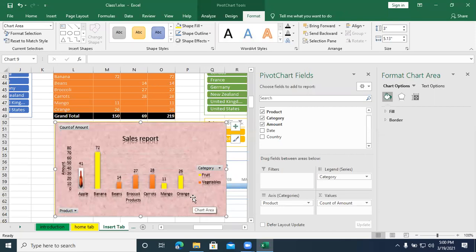Okay, so any doubts in this? These are the chart options or chart tools. Any doubts while creating a pivot table? Chart, slicer, timeline filter and slicer filter. Any doubts?